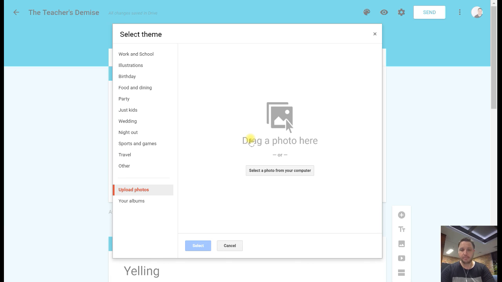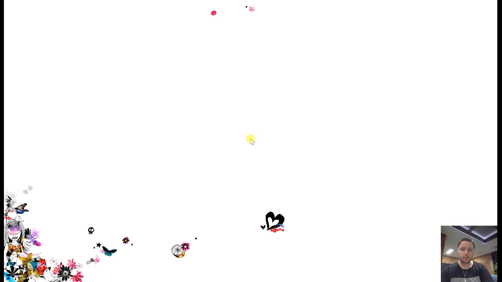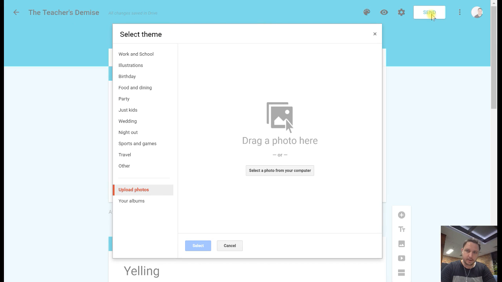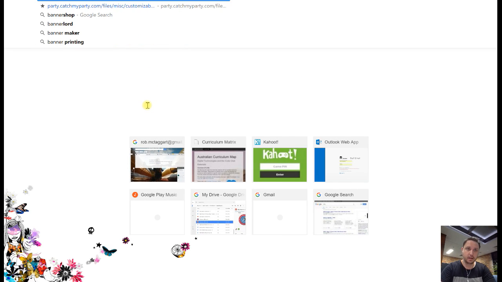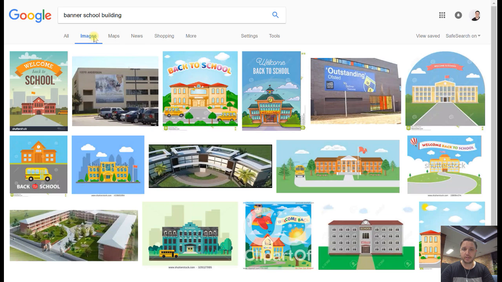I'm going to open a new tab, Control T. And I'm going to do a search for a picture that's a good kind of a wide one. Because as you can see, this is a very wide banner. You're not going to see very much of it going up or down. So the first thing I usually type is banner. And then I'm going to type school building. Click images, I have here a whole lot of images that Google knows of from different websites,